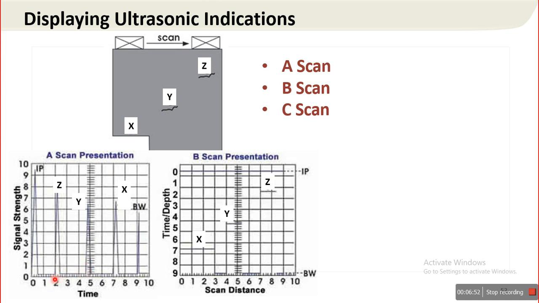So here at the indication of 2, Z is there. At indication of 5, Y is there. So Y needs somewhat more time to reflect. Similarly, X reflection is there. X is a reflection from the second subsurface flaw near the back wall.